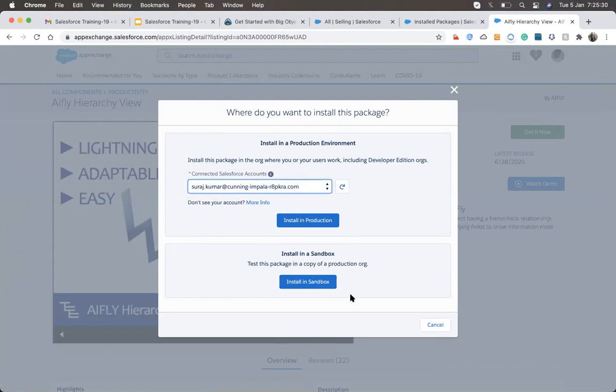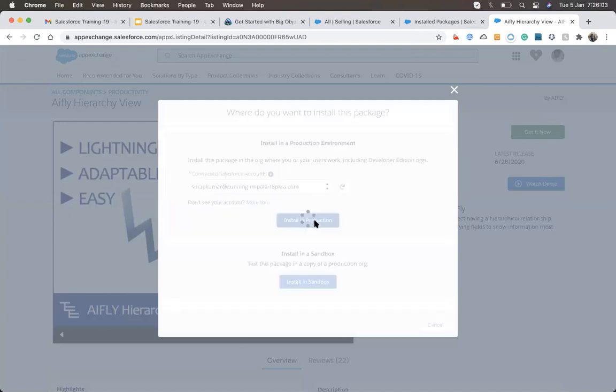So you have to test everything in your sandbox, so that you make your managers comfortable that, hey, I've tested it in the sandbox and the app looks like this, and you can easily demonstrate how everything is working. Since we don't have any sandboxes, I'm installing in production, and production is pretty much similar to our developer account. So I'm just using my Trello account for installing. Just click on install.